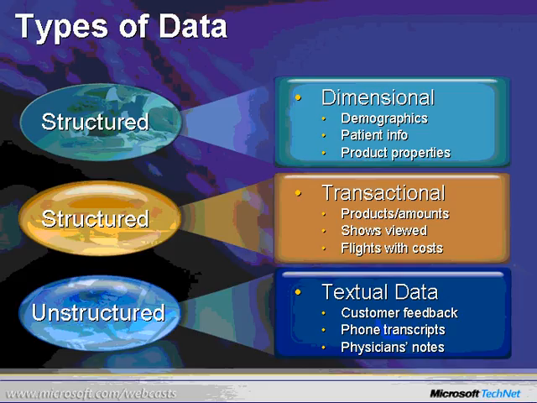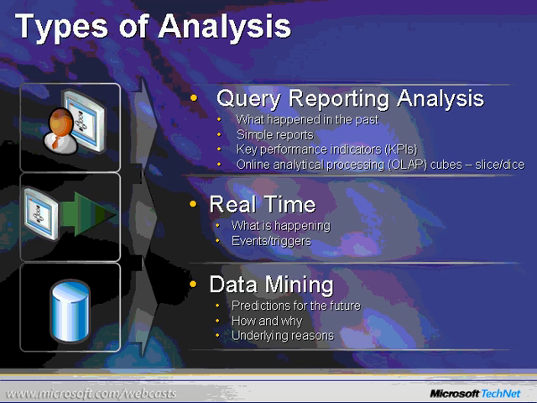The other type of data is unstructured data. With unstructured data, there isn't a defined data type. While data mining is usually concerned with the detection of patterns in numerical data, other information is stored in the form of text. This is considered textual data. Typical examples of textual data are customer feedback, phone transcripts, physician's notes, and my favorite, resumes. You can go through and mine for particular words or phrases inside of a resume or a pool of resumes and be able to pull that information out.